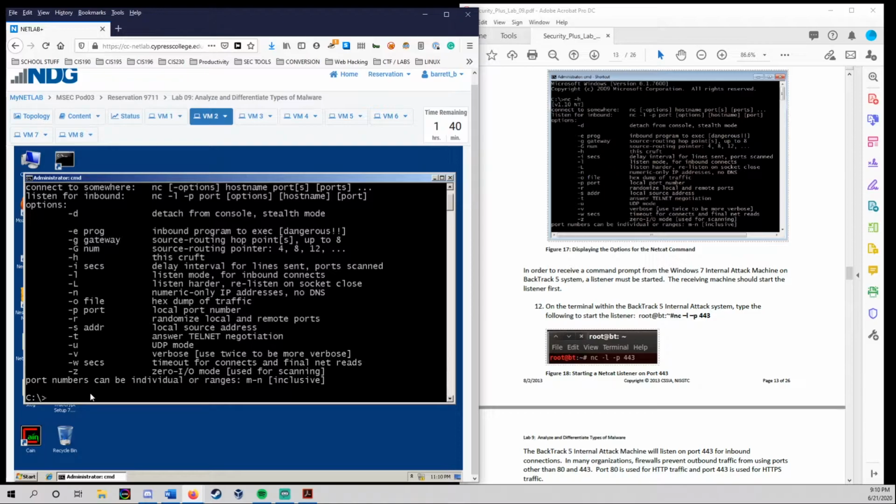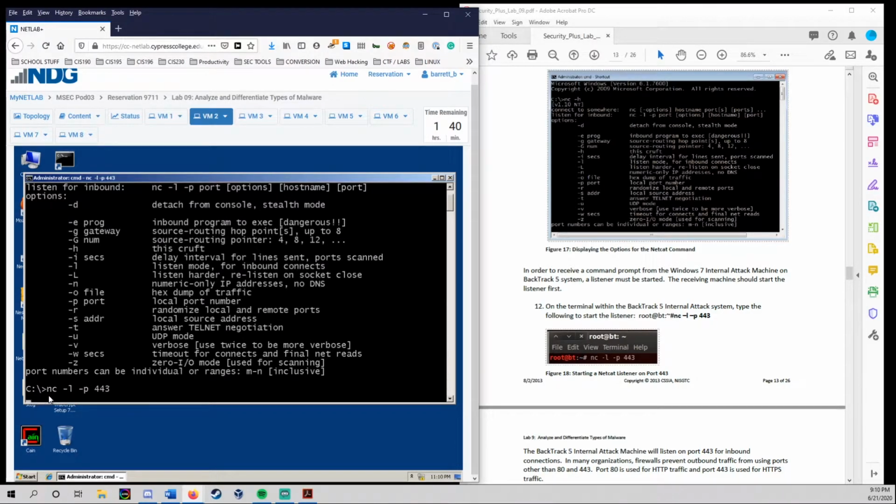So like I was saying before, with a reverse shell, the target machine would somehow be forced into setting itself up to be a listener. So nothing nefarious really happening here. This is strictly us doing this as an example. But what we're doing here is we're saying netcat, and the -L is for listen mode. -P is setting the port to be 443. So when we hit enter, you just see that blinking cursor. But this basically just means that this machine right now is listening on 443 for any other netcat commands